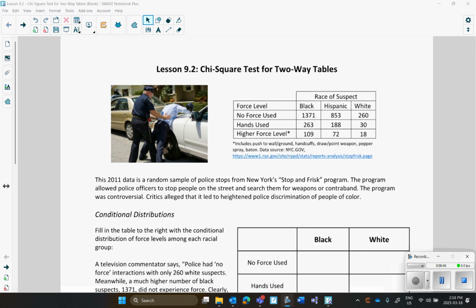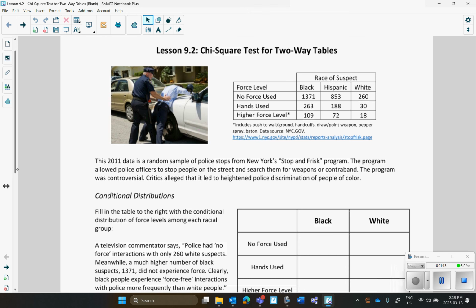Now we're going to talk about a chi-square test for what we call independence, or two-way tables, or two variables. Okay? So this is no longer one variable. We are looking at two different variables to see if they are related or associated with each other. And this is an example that we used quite a long time ago about the stop and frisk program in New York City. Okay? And you can see here in this table